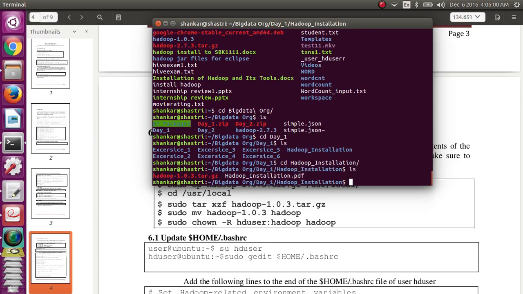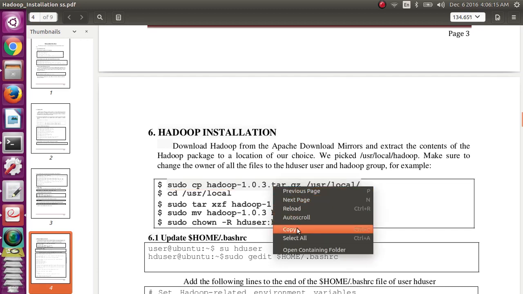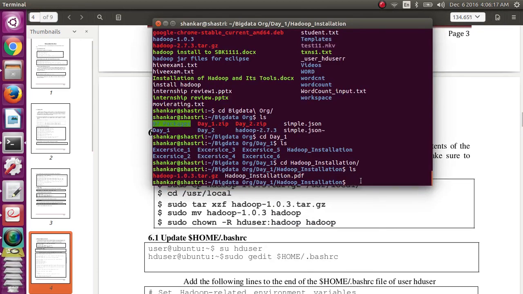Yes, we have a tar.gz file, so we need to extract it first. First copy this tarball file, which is available in big data, day 1, Hadoop installation.